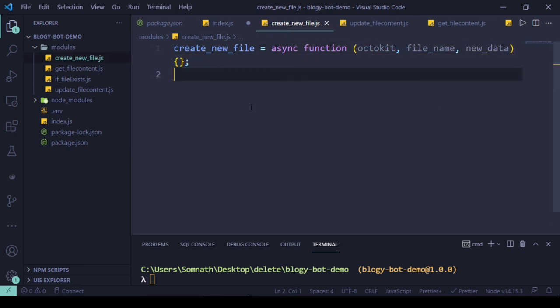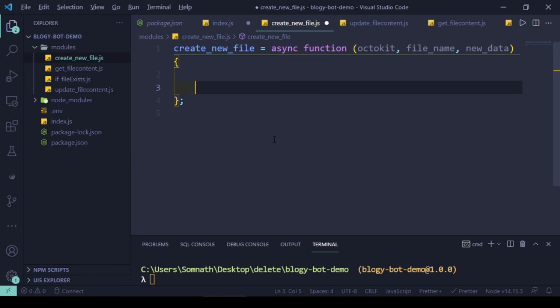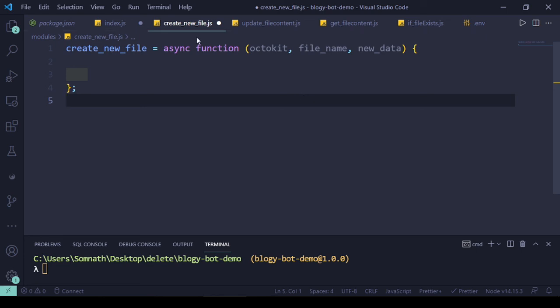Cool. Okay, let's put it this way. Now much clearer. So what now we have to do, let's add the code related to our file creation.